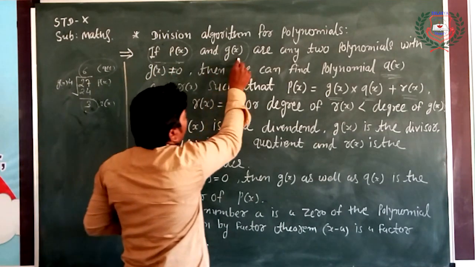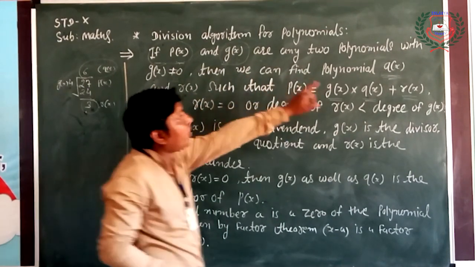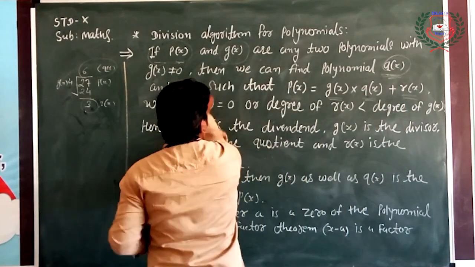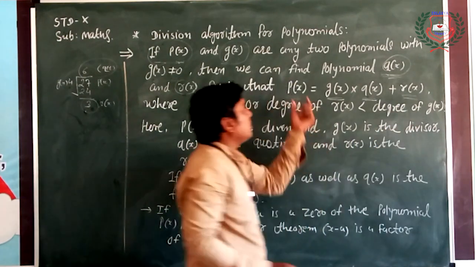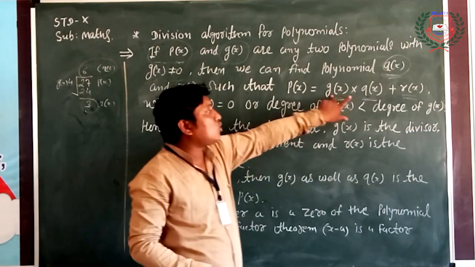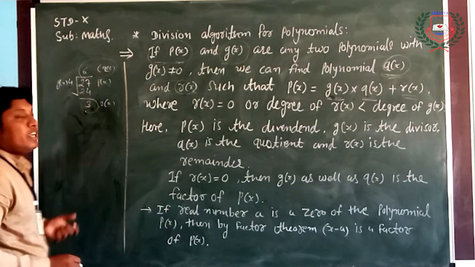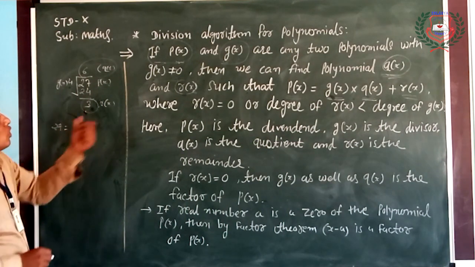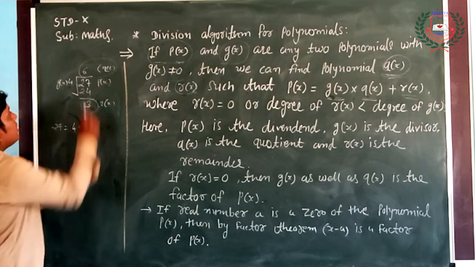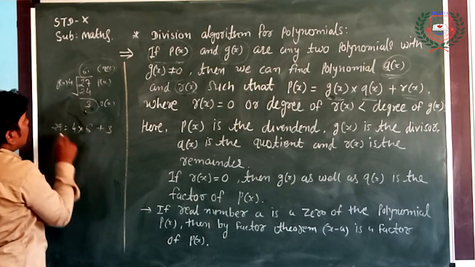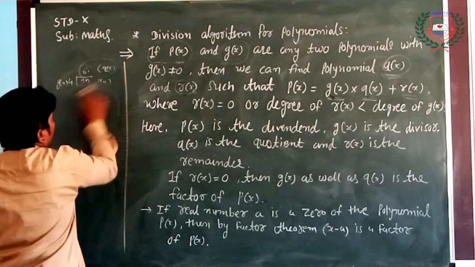If p of x and g of x are any two polynomials with g of x not equal to 0, then we can find polynomials q of x and r of x such that p of x is equal to g of x into q of x plus r of x. तो ये जो हमारा p of x है वो कैसा मिलेगा? g of x और q of x को हम मल्टीप्लाई करें और ये जो रिमाइंडर है उसको एडिशन करें. देखो कैसे. सपोज करो ये 27 हमारा है, तो हमें r of x मिला और q of x मिला. तो g of x 4, इसको मल्टीप्लाई करो 6 प्लस रिमाइंडर 3 तो हमें p of x मिलता है. इस तरह से हम पॉलिनोमियल्स में भी कर सकते हैं.